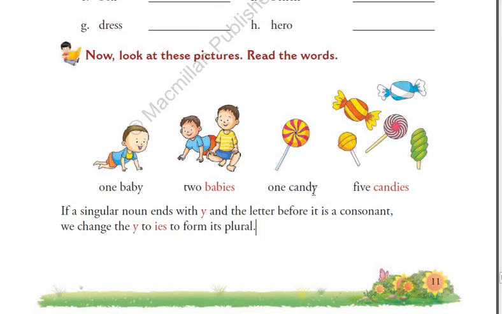You have two criteria. It should end with Y and the letter before that should be a consonant. Now see, the word candy, if you can see students, it ends with a Y. Correct? Also the letter before is a consonant. See, D is a consonant. Do you remember consonants and vowels, students? Yes? Vowels are A, E, I, O, U. These five are the vowels and the consonants are the remaining alphabets from A to Z. Correct? So D is a consonant. So we need to replace Y with I, E, S. This is what the definition suggests to us.